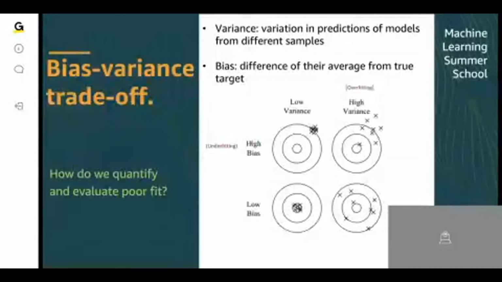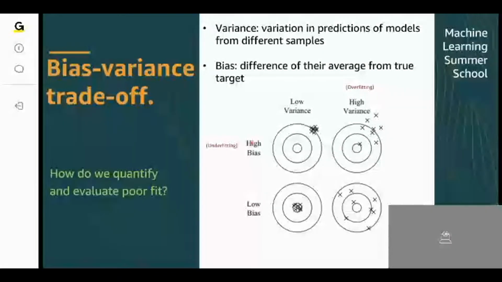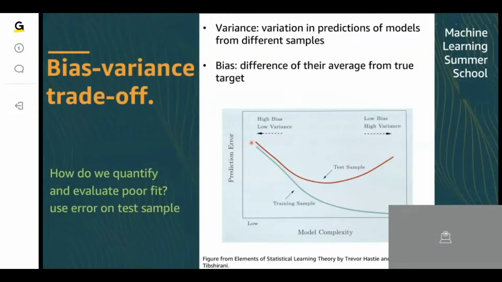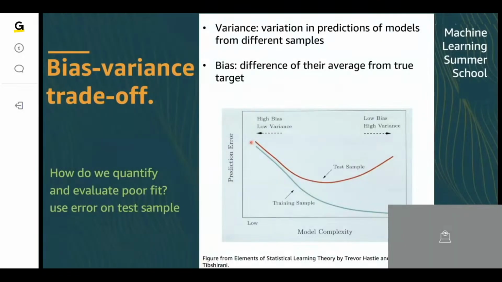Important statistical components that you would use to determine whether your fit is good or bad. While these are the statistical quantities that you would use, you cannot always compute these in practice. So, how would you determine in practice if a particular fit is a good fit or a bad fit? And this is how you would really do it.